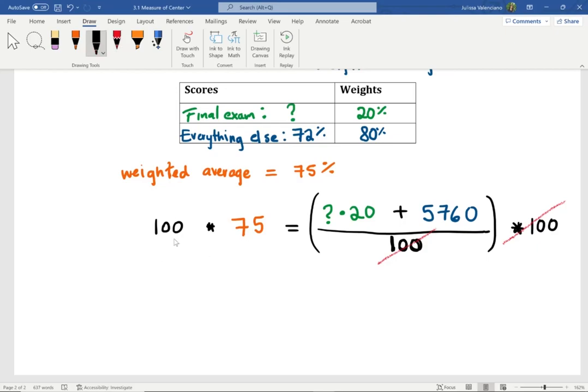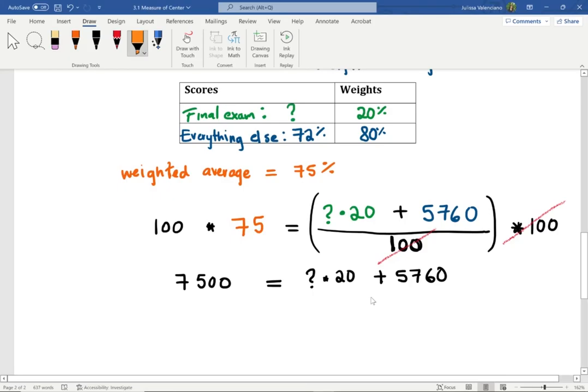On the left-hand side, we have 100 times 75, which is 7,500. And this is equal to the question mark times 20 plus 5,760. At this point, I think you can solve for the question mark.